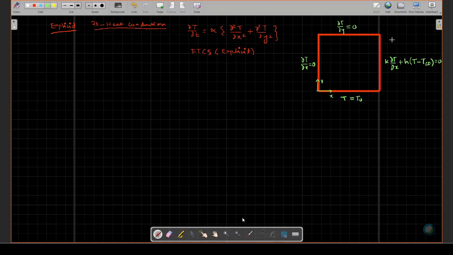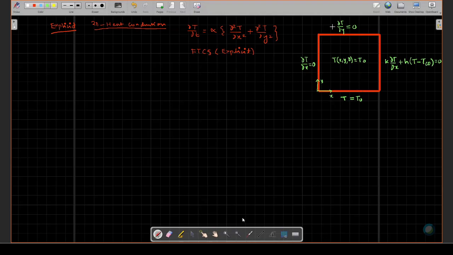With these boundary conditions, we see that we need two boundary conditions in the x direction, because this is second order. We also need two boundary conditions in y. Also we need an initial condition. Initially T at (x, y) at time 0 is at this T naught temperature, the same temperature.